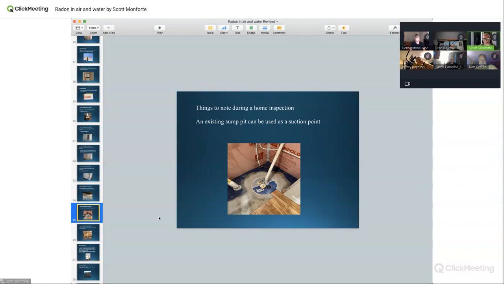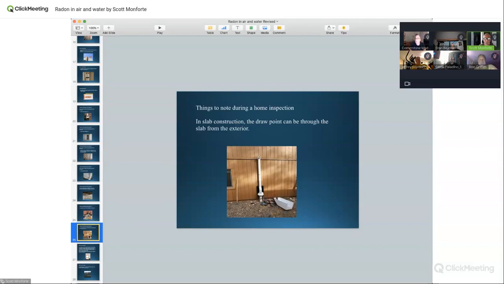This house here that I did, what did I choose to do? I did not go into the sump. I caulked the hell out of the sump. Everything on that sump, you see all my gray caulk all around it, the pipe, the alarm, everything's caulked. This company's systems are sealed up pretty good, but I definitely didn't go into it, and it brought the radon down. You cannot do that.